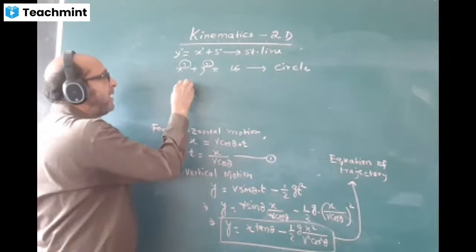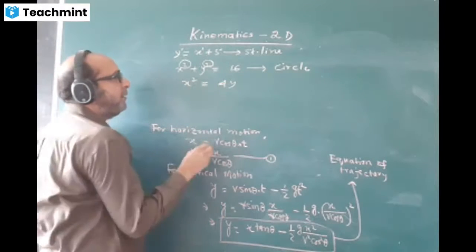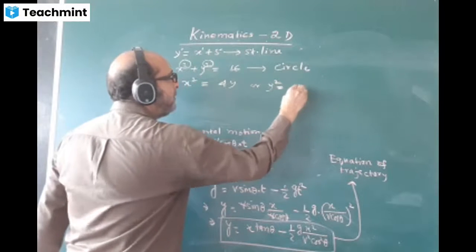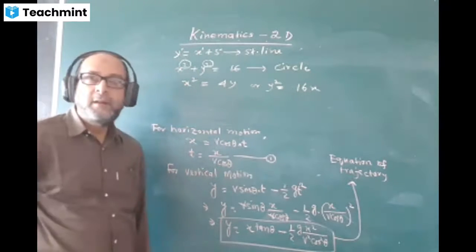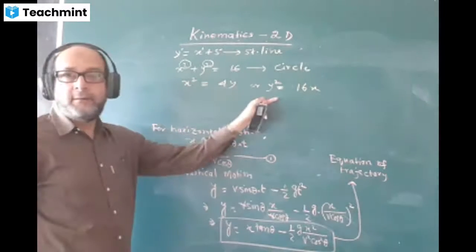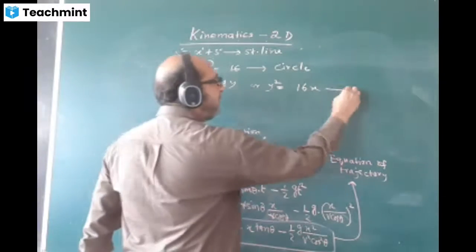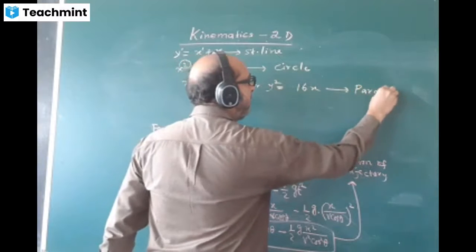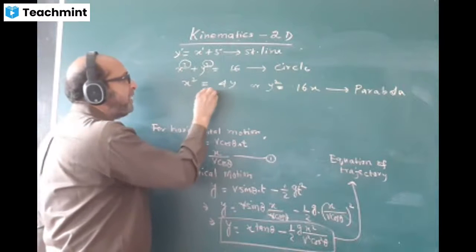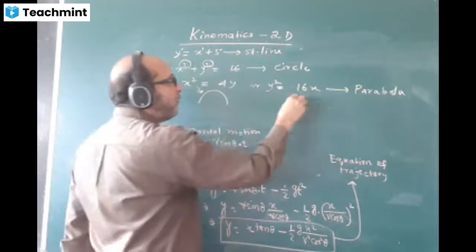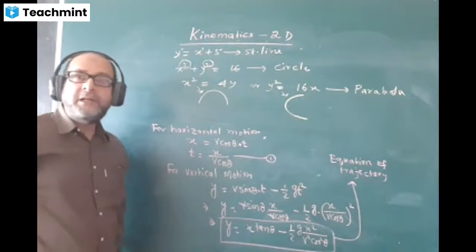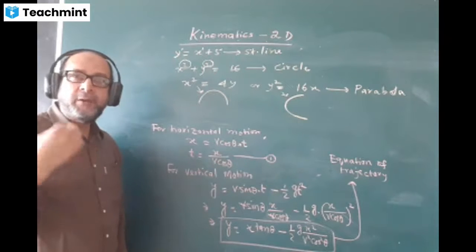If the equation is coming like this, either x square is equal to something y, or y square is equal to something, maybe anything, if the equation has a square in any one of the variables, either in x or in y, it will represent a parabola. X square will have the shape of a parabola like this. This is the parabola. And y square will have this kind of shape. The y square parabola will have this kind of shape. Details you will learn in mathematics, but have a little idea right now.